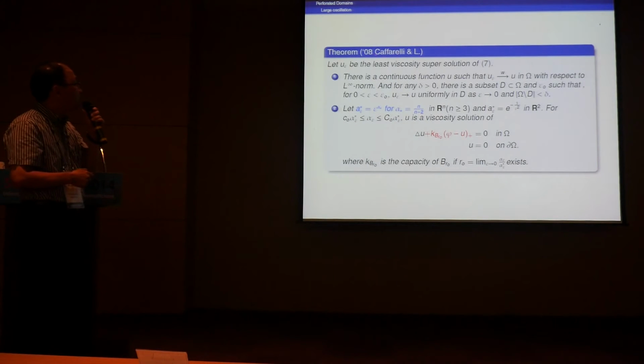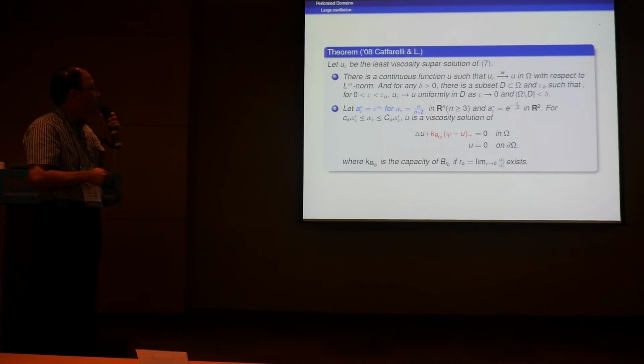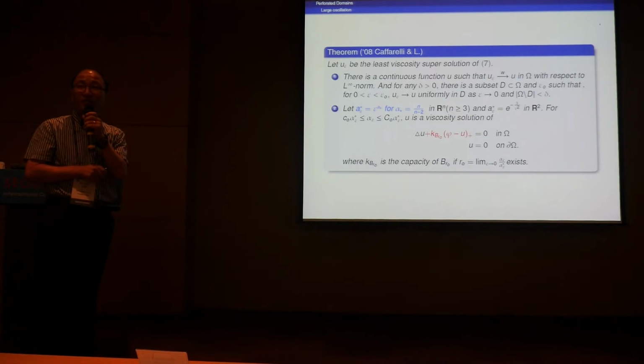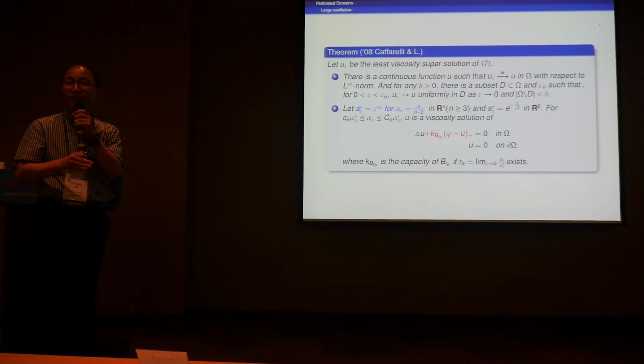And then this is the result with Ki-ahm Lee, and then this is the critical rate, and this is the term by the partial influence of the obstacle. And this result is well known for the Laplace operator, but mostly it is a gamma convergence method. But since we are thinking about the fully nonlinear operator, we will prove it through a geometric method.